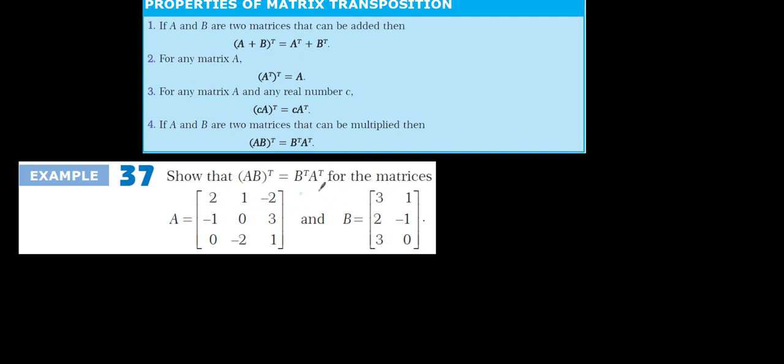And we are going to prove that by using this question. Here there's no space to solve this question, so I'm going to use another place for this one. Here I have recopied this, and A times B transpose. Firstly, I should find what A times B is. Okay, A times B is equal to